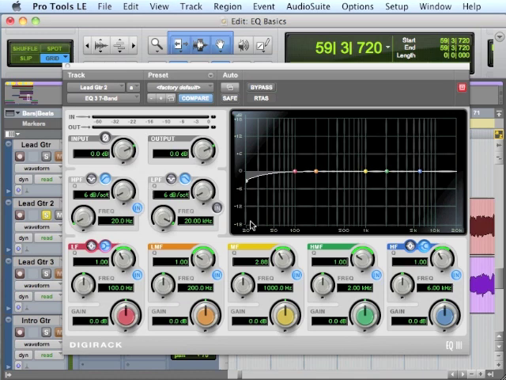I click in, so I'm engaging that band. I just start rolling the frequency. At what point do you want to start rolling off or just cutting all the frequency below it? And then this Q has only got basically a couple options: 6 dB, 12 dB, 18. So how steep do you want the roll off? And I'm just cutting everything off. So if I take a listen,